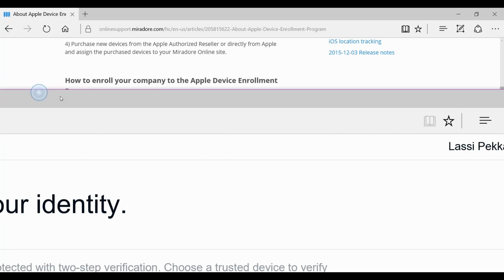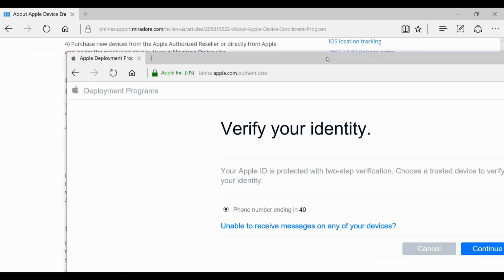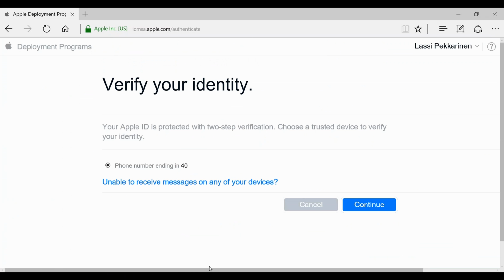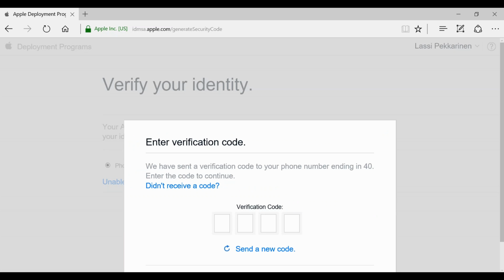So I'm already logging in. I kept my user account hidden from you. Then there's two-step verification, or authentication. It's sending me a text message with the verification code. So let's wait a second for that to come up. That's here on my phone.